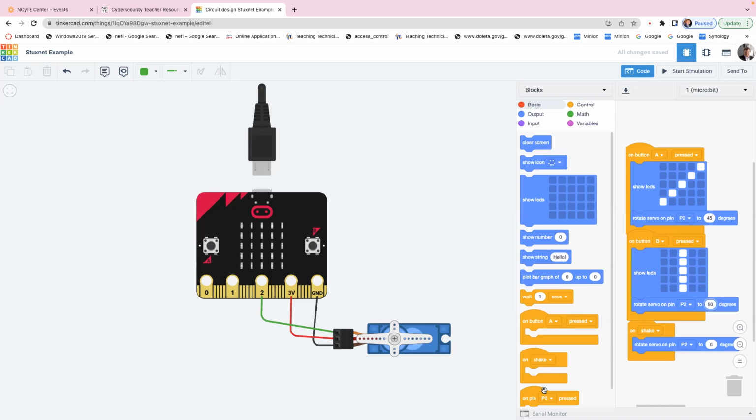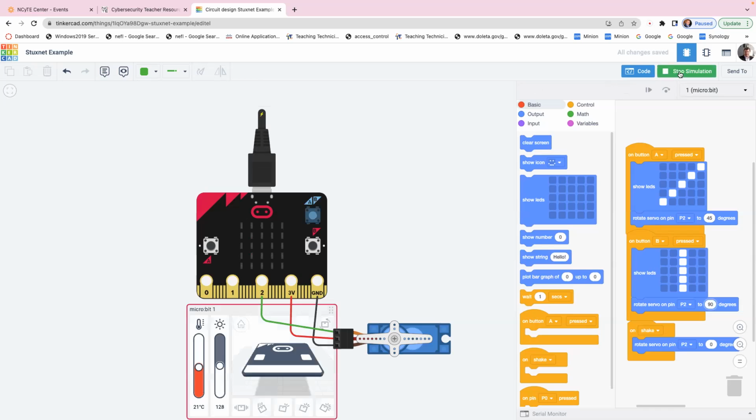Okay, so in its normal operation, this is how it would work. If we hit start, you can see how easy this is to build. I can show you building this from scratch and it takes like 5 minutes to do it. We can hit button A, and you can see we get a 45-degree turn on what we're controlling. And then if we hit button B, we get a 90-degree turn, right? And if we get some kind of shaking within this unit, it will close it, okay?